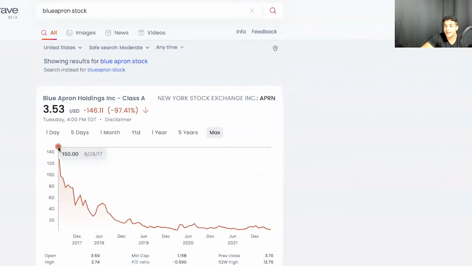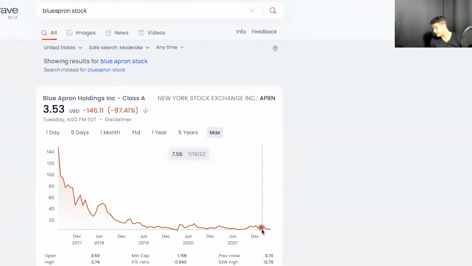As soon as it went public, it started downtrending. Now, the main reason for this was that the lifetime value of their customer was very low. As you can see over here, they're spending more money in marketing to acquire the customer than the customer's actual lifetime value was worth. So when they became public,